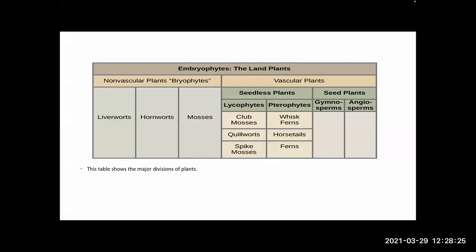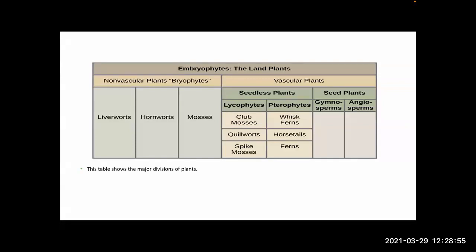We have our non-vascular bryophytes, which are things like mosses, hornworts, and liverworts. Then you have your seedless vascular plants, which again are things like your lycophytes, which are quillworts, your spike mosses, club mosses, your pteridophytes, which are whisk ferns and horsetails, and then your regular ferns like you see in a